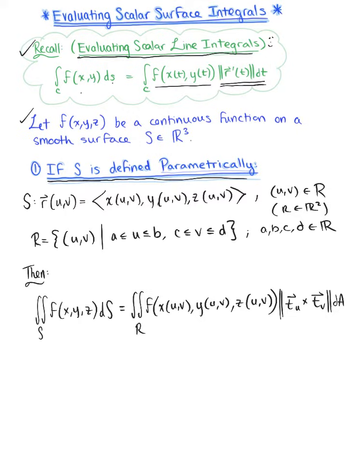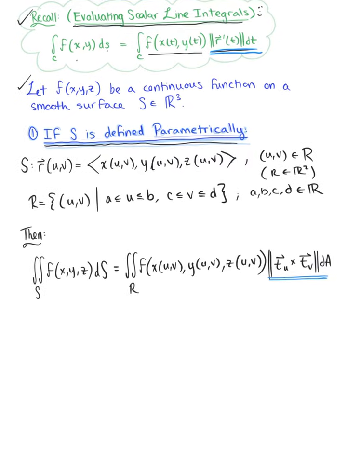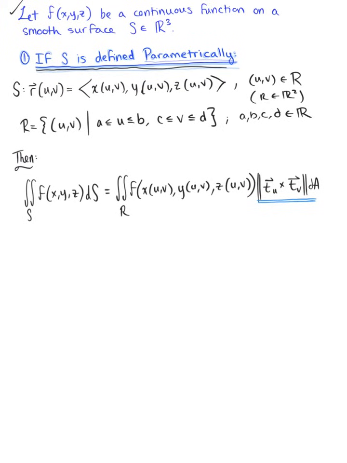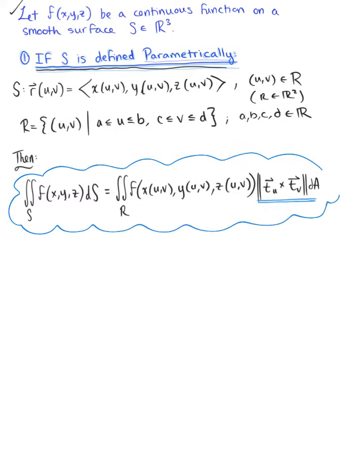And I want you to note here that this differential, this magnitude of the cross product of the tangent vectors in the u and v direction, is analogous to the parameterized tangent vector that we saw back with scalar line integrals. So let's think about this in a little bit more detail. We can give ourselves more room here. So this is our surface integral over a parameterized surface. And so let's make a little note here that this is where